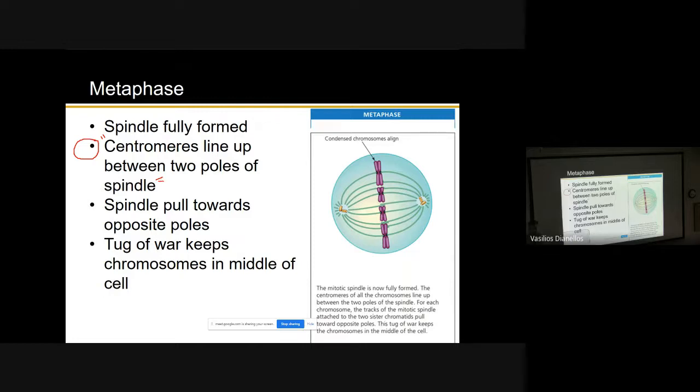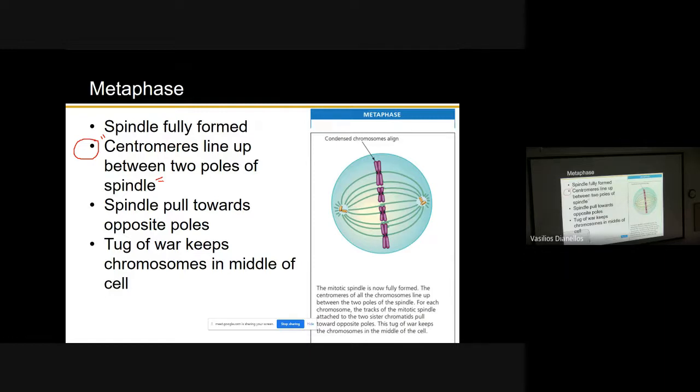So again, in prophase, the chromosomes are going towards the center of the cell. In metaphase, they're there. The chromosomes are lined up in the middle of the cell. And notice I said it different that time, right? The way this is written, that bullet point is directly from your textbook. Centromeres are lined up between the two poles of the spindle. But again, I like the terminology. The chromosomes are lined up in the middle of the cell. So again, that's why I put those quotation marks around it. Don't memorize that verbatim. Just know that this is the point